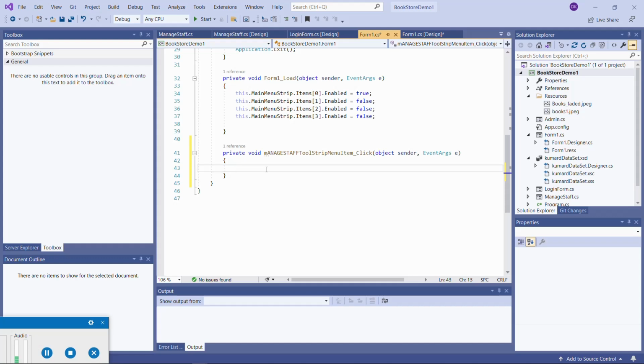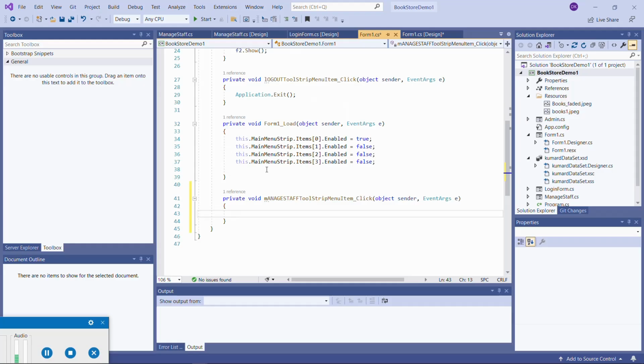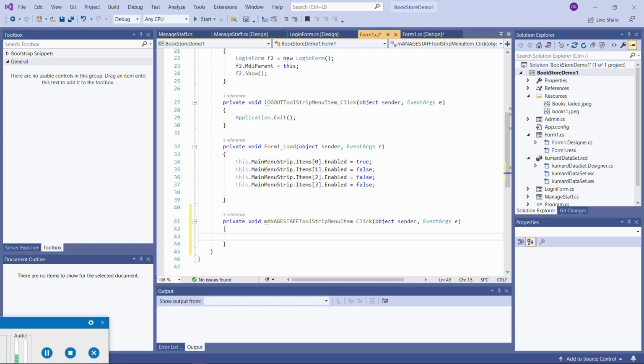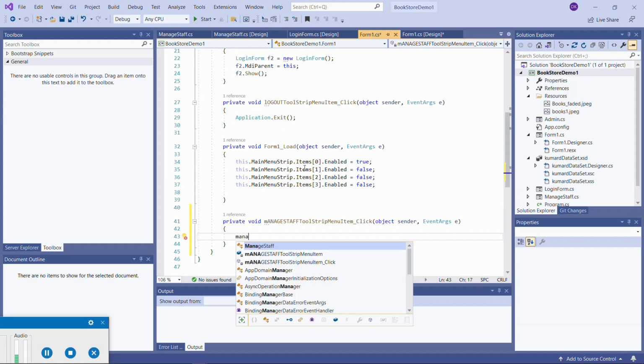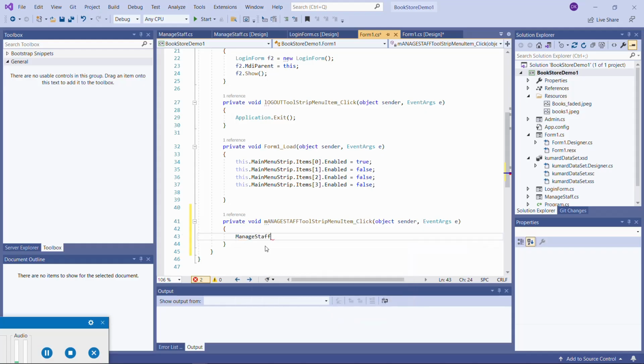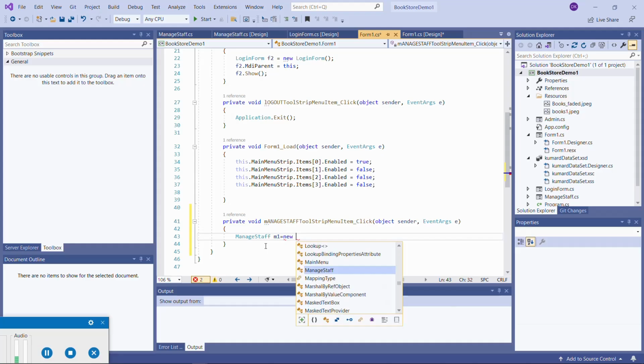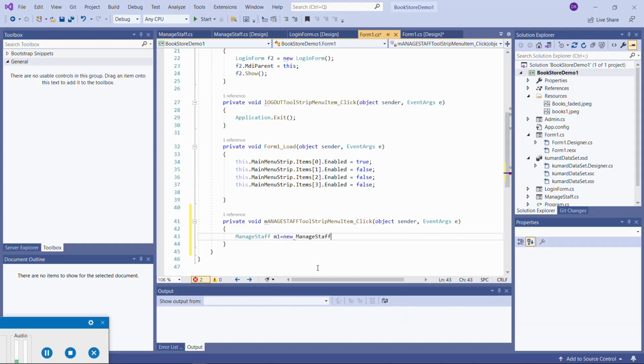So obviously here we will be using manage staff. I can call it m1 is equal to new manage staff,